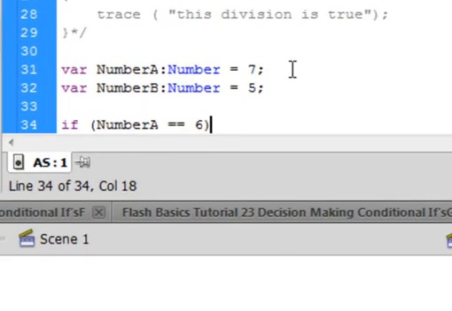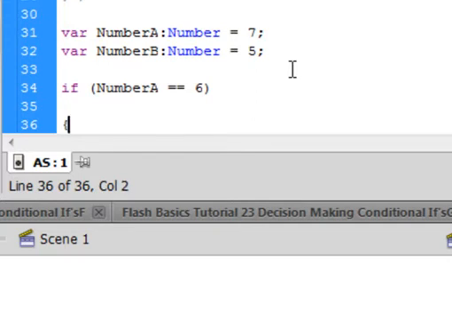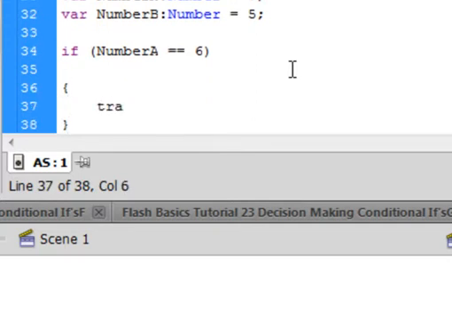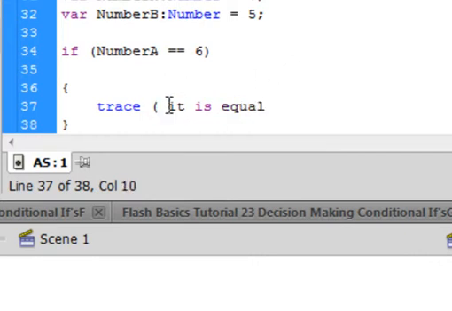If it is equal to 6, or if the test was equal to 6, trace it is EQUAL, and this has to be in quotation marks, close bracket, semicolon. If it is, trace, it is equal, but it's not, so come down here, put an